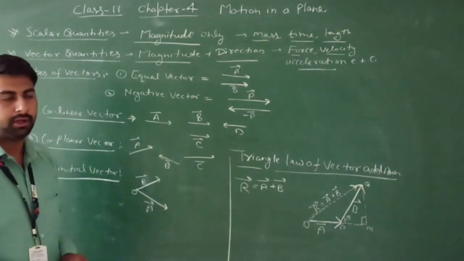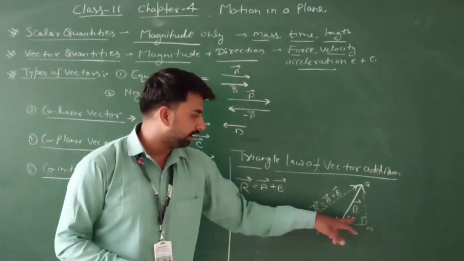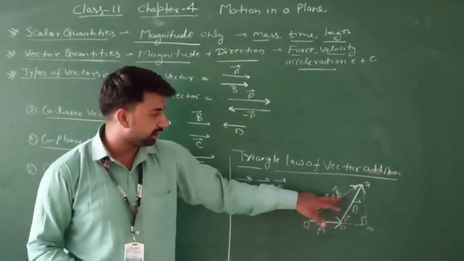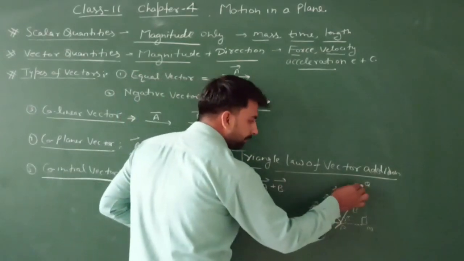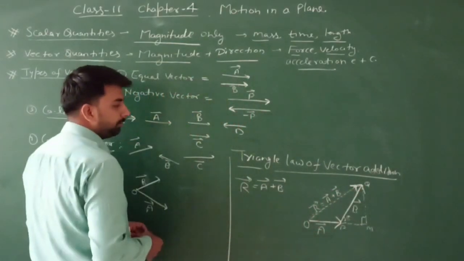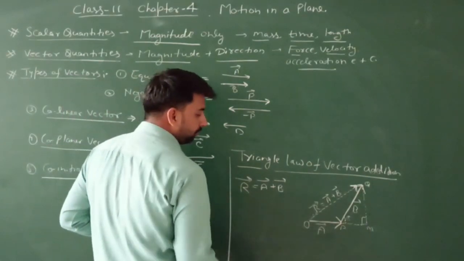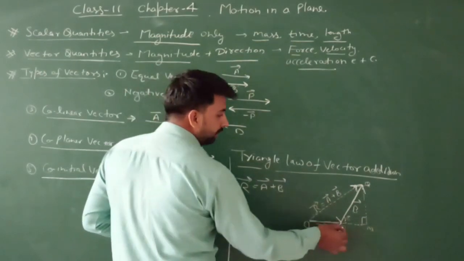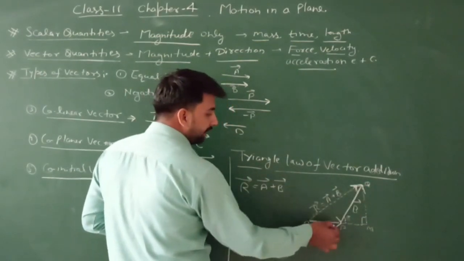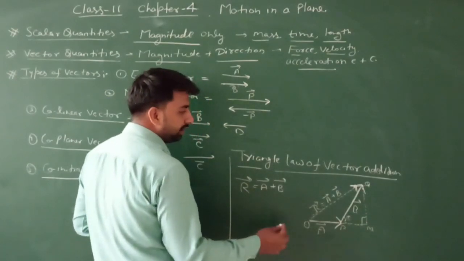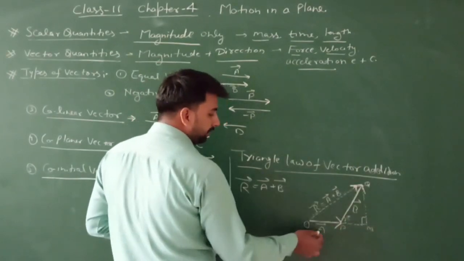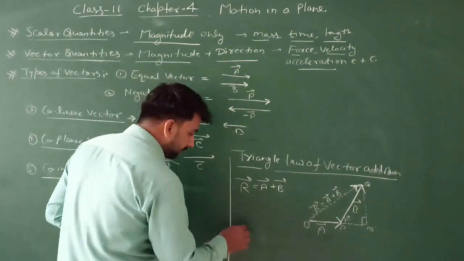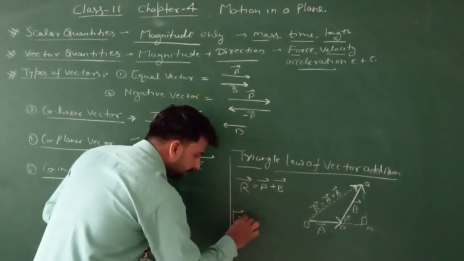So according to this law, if two successive sides of a triangle represent two vectors, then the third side of the triangle, which is taken in opposite order, represents the sum of the two vectors. So in this triangle OPQ, our successive sides OP and PQ represent two vectors A and B. Then our third side, which is taken in opposite order, O to Q, represents the sum of these two vectors. So vector R is equal to vector A plus vector B, and the magnitude of vector R is equal to